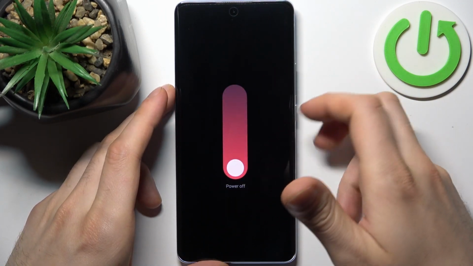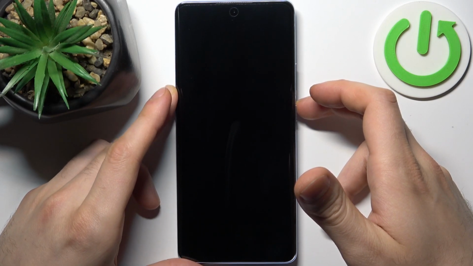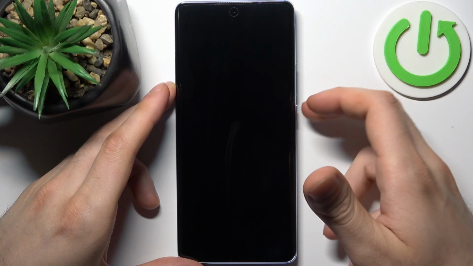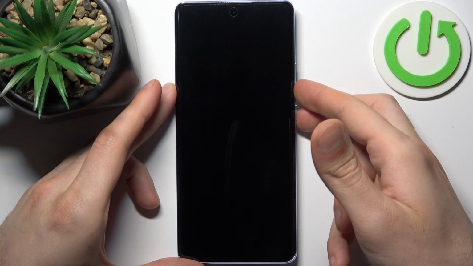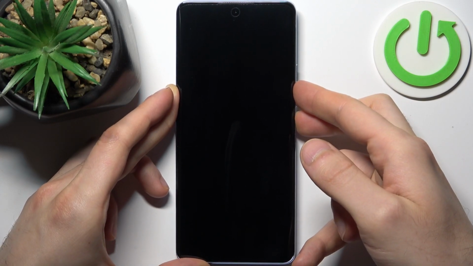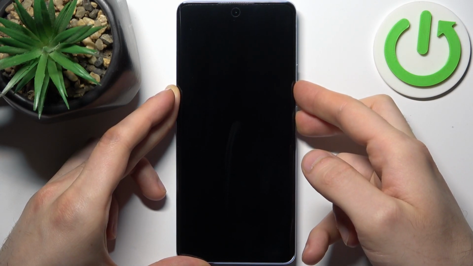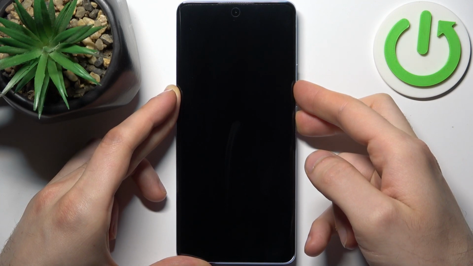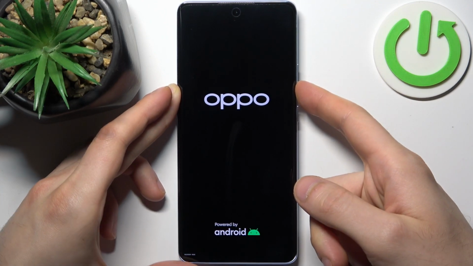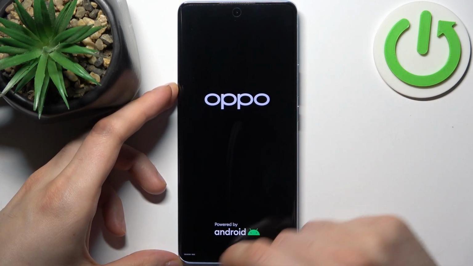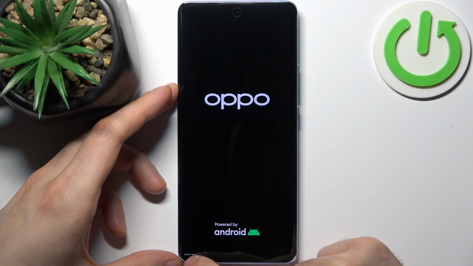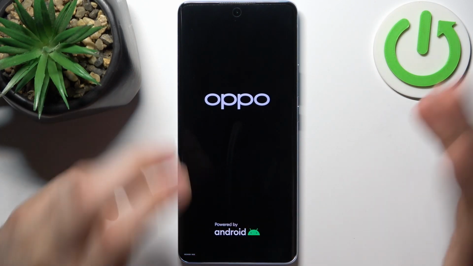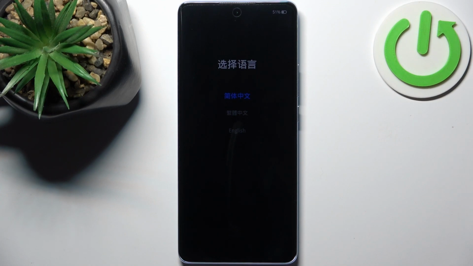then slide power off, and after device turns off completely, hold down combination of keys power key plus volume down at the same time for a couple of seconds like this. And after the screen turns on and you can see OPPO logo appeared, you can release power key and keep holding only volume down. When you see recovery mode letters here, you can release all keys and just wait until